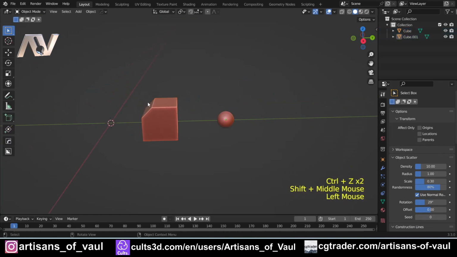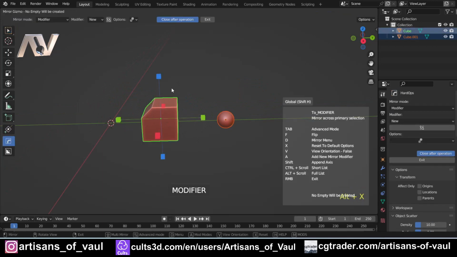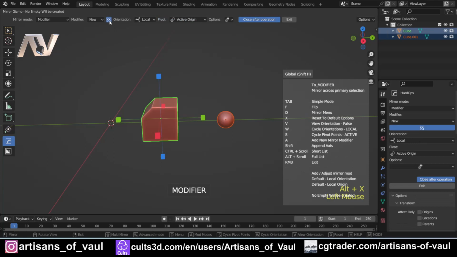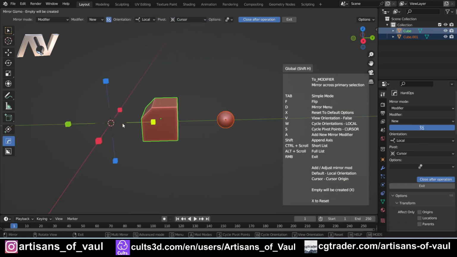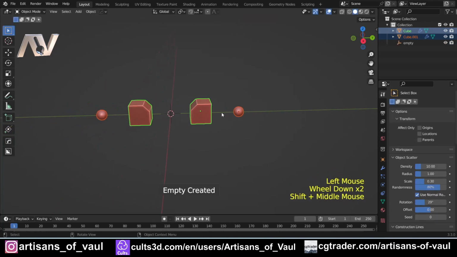And there was one final thing that you could do, so I'm going to undo that, which was if you selected one or two or however many objects, if you pressed Alt and X and you click that button to have more options, you could change this to work off of the cursor. And you'll notice that the tool changes location, and again, if I click over there, we've mirrored both objects off